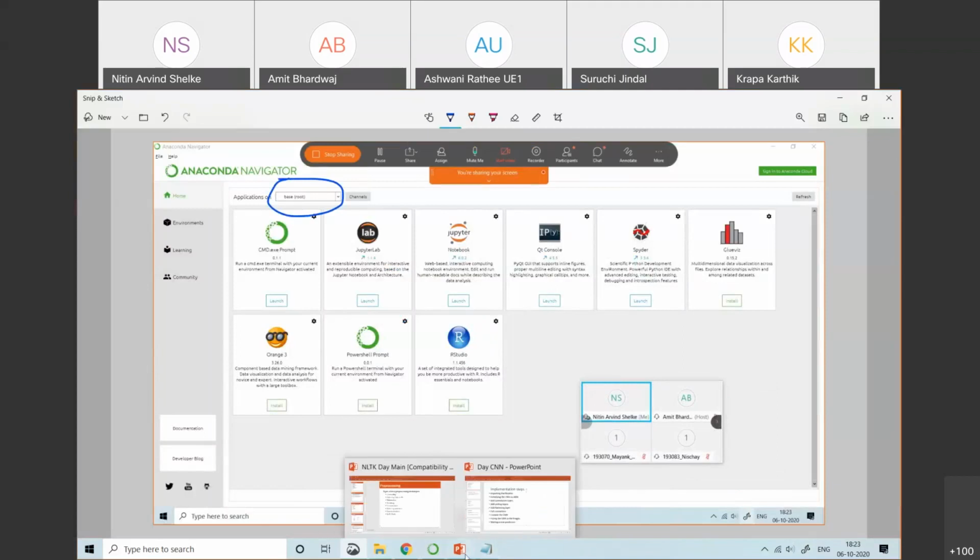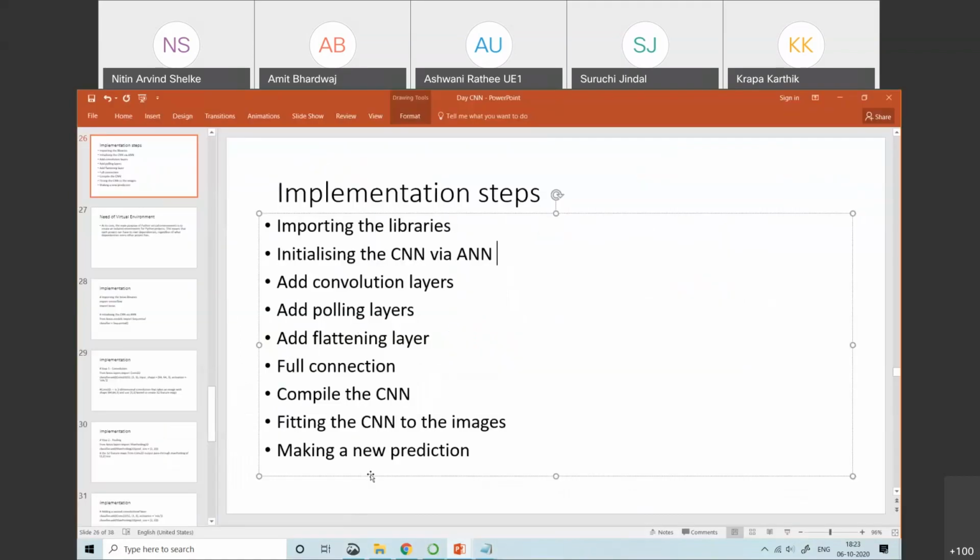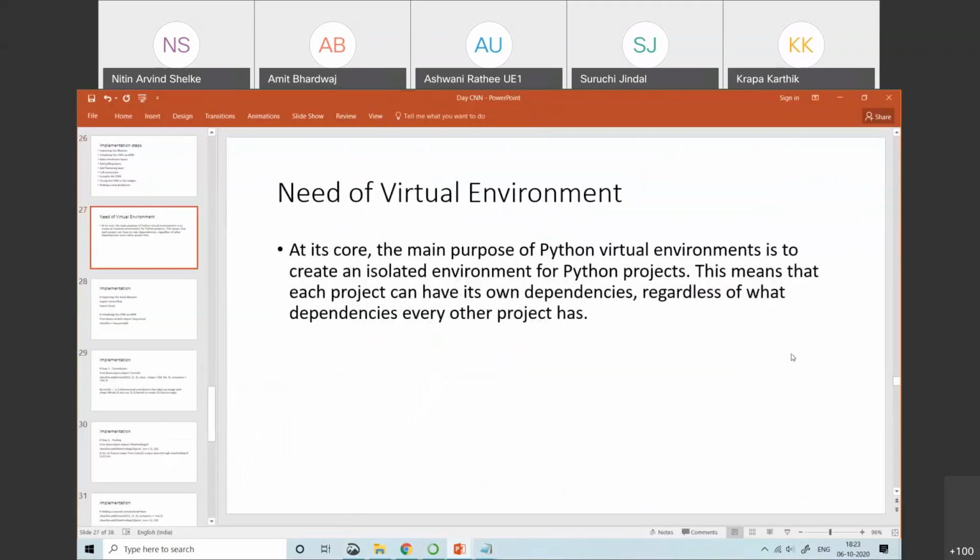So first, what is the need of that virtual environment? Many of you know about that. The main purpose of the virtual environment is to create an isolated environment for different types of projects. Different projects have different dependencies and need libraries with different versions.